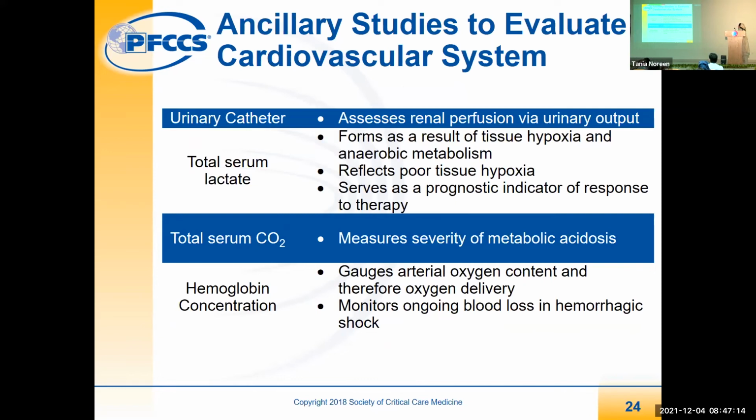So again, ancillary tests to evaluate the cardiovascular system. Urine catheter should be passed. Urine output is a very sensitive indicator. अगर आपका पेशेंट शॉक में है, ऑर्गन परफ्यूजन कॉम्प्रोमाइज हो रही है, तो रीनल परफ्यूजन यूरिन आउटपुट से असेस होती है। सो अगर आपका पेशेंट शॉक में है, रीनल परफ्यूजन कॉम्प्रोमाइज है, तो यूरिन आउटपुट भी कॉम्प्रोमाइज होता है, तो आपने क्लिनिकल पैरामीटर्स जो होते हैं जिसमें परफ्यूजन और सारी चीज़ों के अलावा रीनल परफ्यूजन के लिए यूरिन आउटपुट जरूर